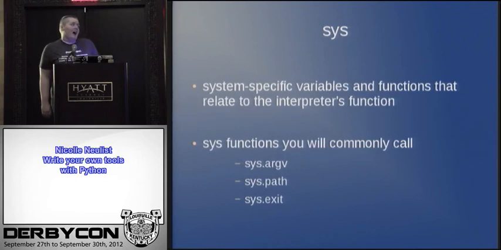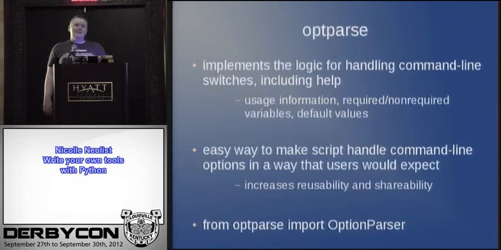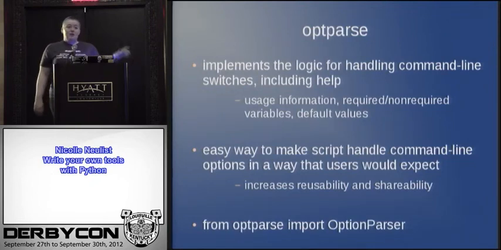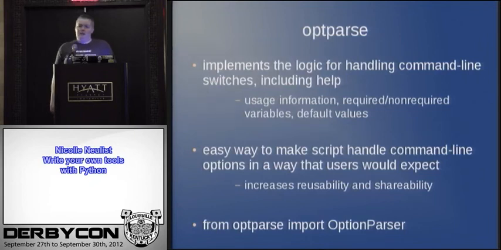Although honestly, I don't use sys.argv a whole lot, even though I write a lot of command line scripts, because optparse is a heck of a lot better. If you're using sys.argv, you have to go through yourself and parse the switches from the arguments to those switches, and you have to do all that logic yourself. Like I said earlier, one of the nice things about modules is people have already done it for you, so why do it again? Optparse implements the logic for handling the command line switches.